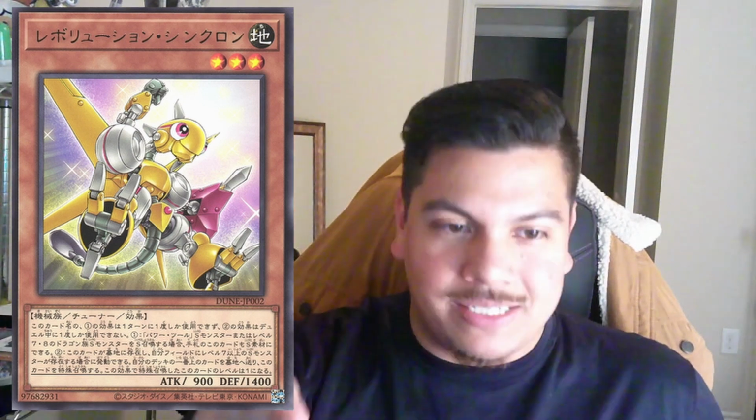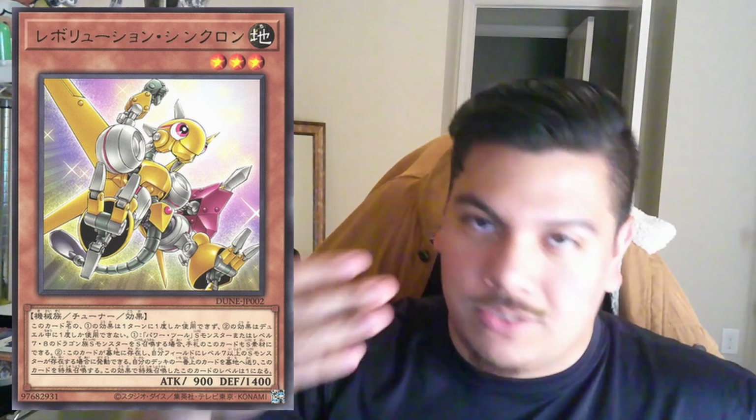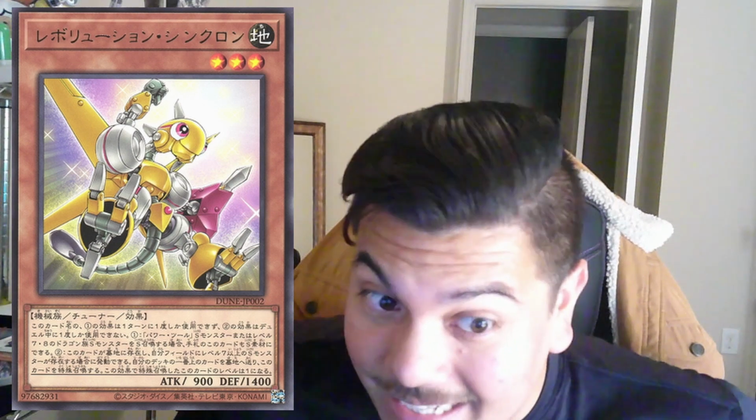It reminds me of Level Eater in a way, because it brings itself back at different levels. There's level modulation in there as well. It's a free special summon from your hand, so it's not even bad to draw, because if you summon a Power Tool Synchro monster, which is not going to happen very often, or if you summon a level 7 or 8 Dragon Synchro monster, Dragon Link, Q Dragon Link,